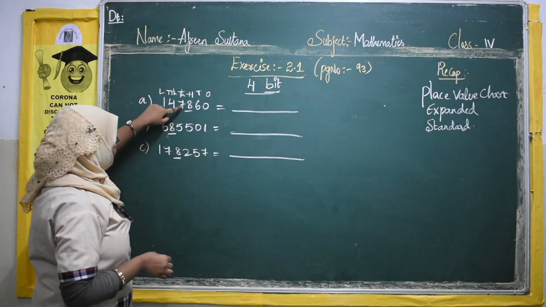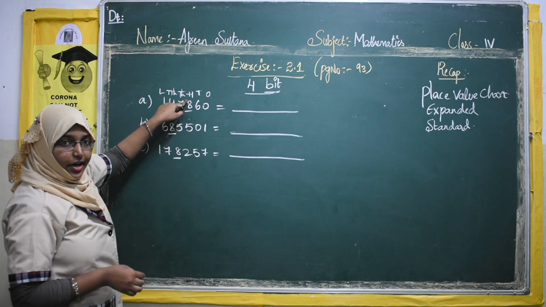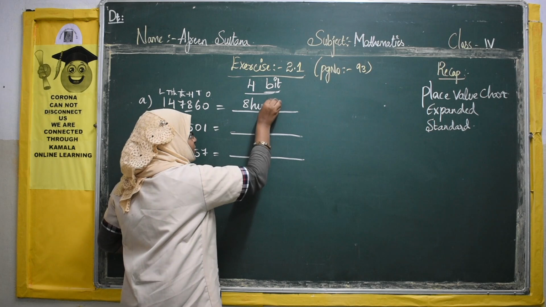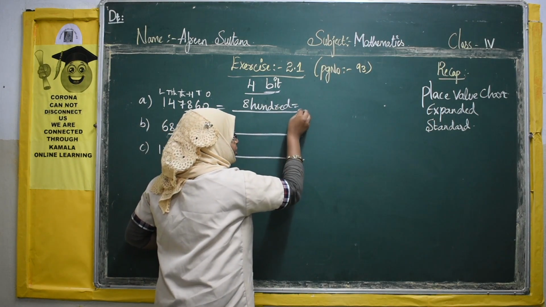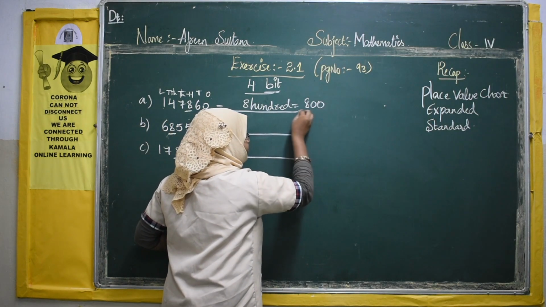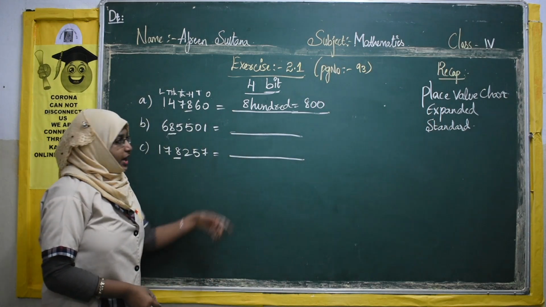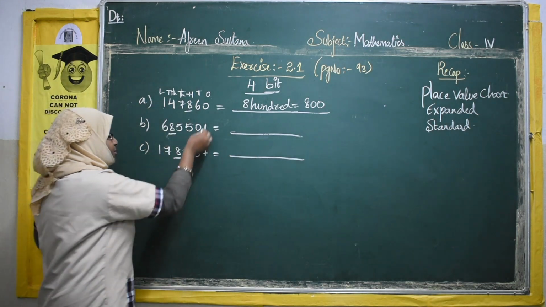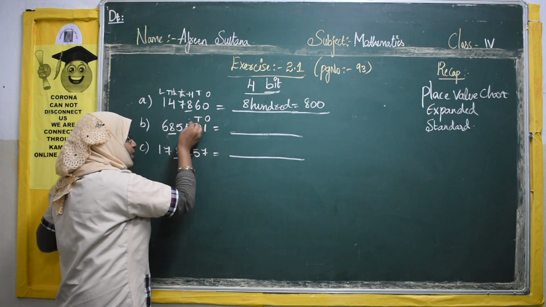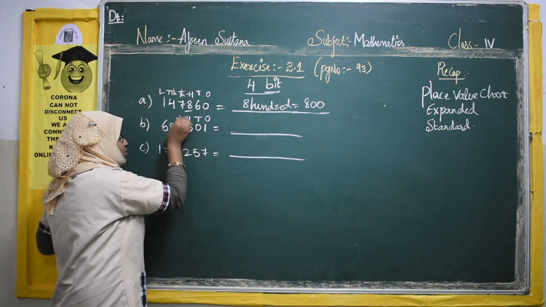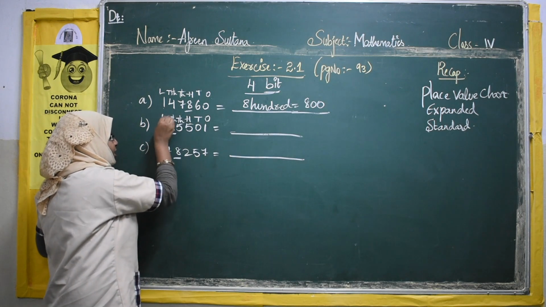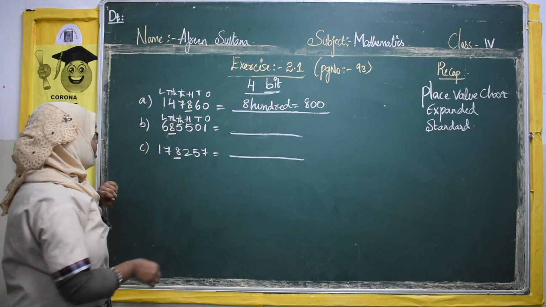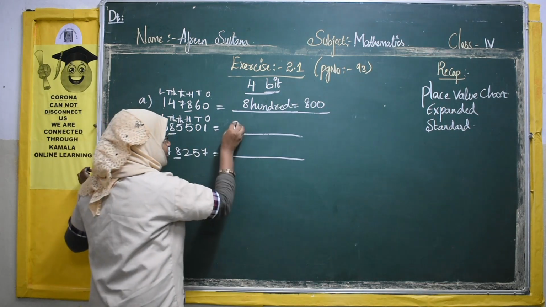Okay. So here what is the place value of 8? 100. So 8 into 100, it's nothing but 800. Right? 800 means 8 into 100 is 800. Either 800 or 8 into 100 is 800. Next, similarly again we will write the place values ones, tens, 100, 1000, 10,000 and lakhs. So again 8 is in 10,000's place, right? So what we will do, we will write 8 into 10,000.